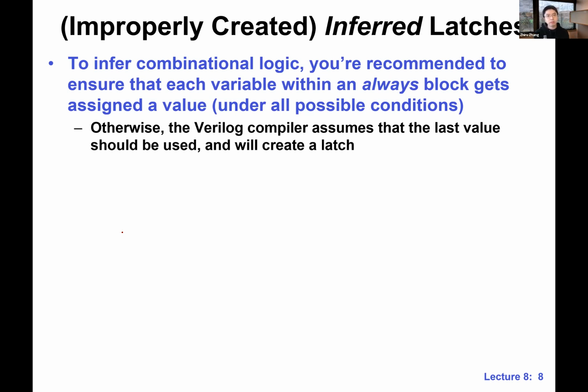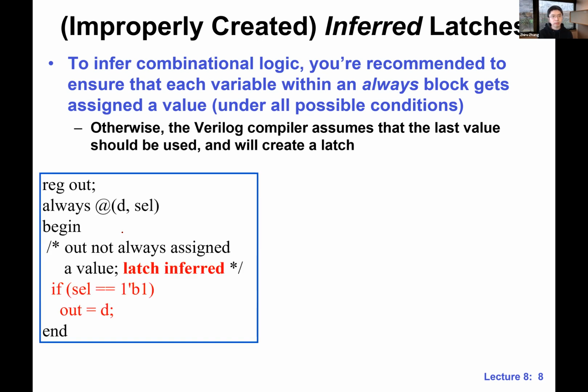So in many cases, we'll ask you to write an always block. But when you use an always block to model combinational logic, you want to be really careful with how you assign to things, how you assign to the output signal, especially when you have if-then-else, conditional control flow. So in this case, for example,